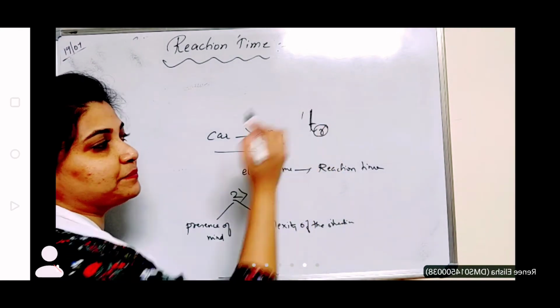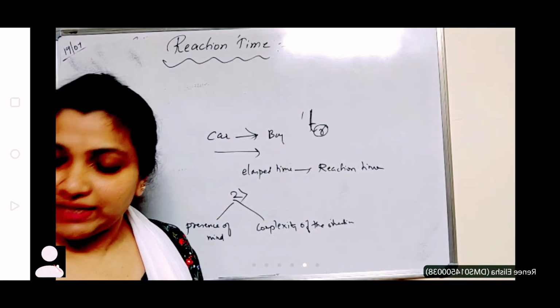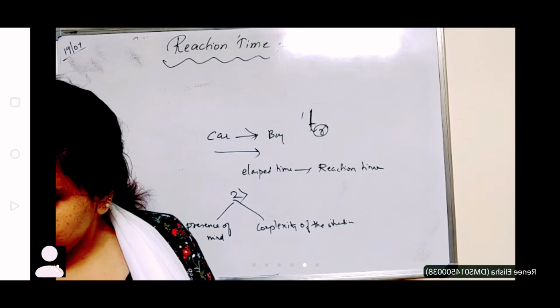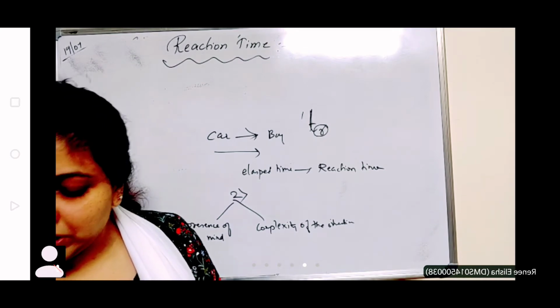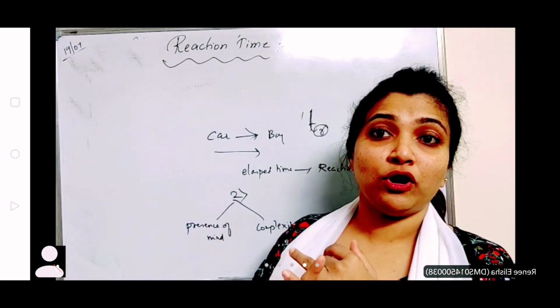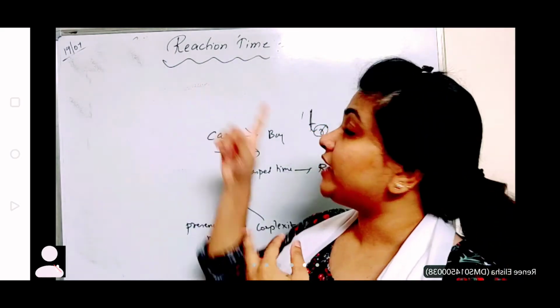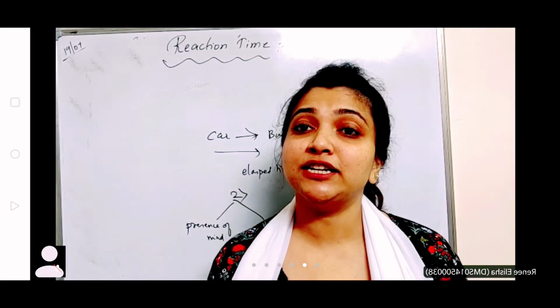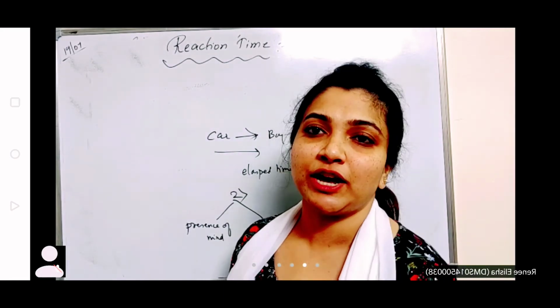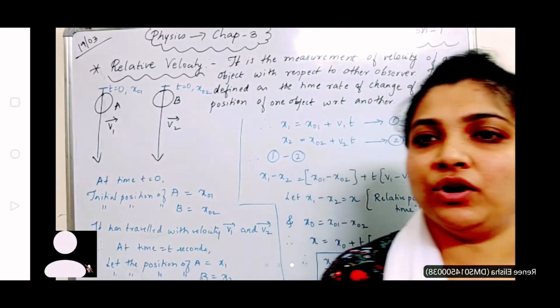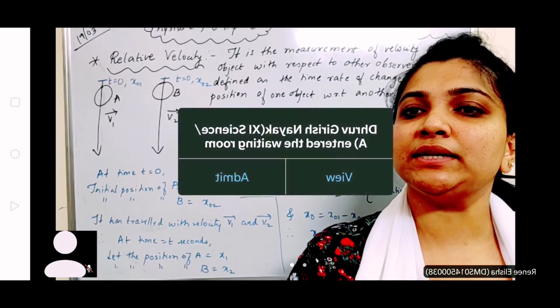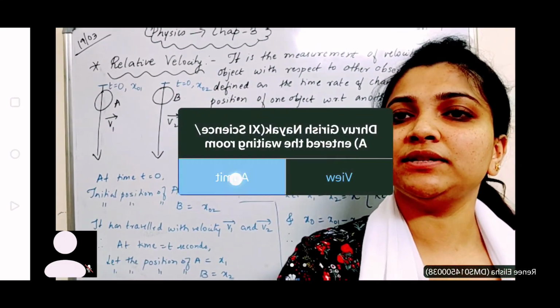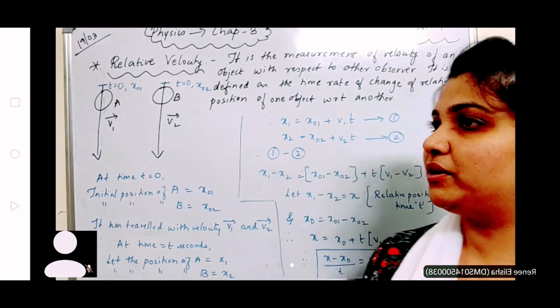Reaction time. So that's it, children. In the next class, we'll do some examples related to all of these, like free fall, stopping distance and reaction time. And then I'll take you forward with the next topic, relative velocity. And that's the end of the chapter. Alright, children, I hope the board is visible and clear to everybody.